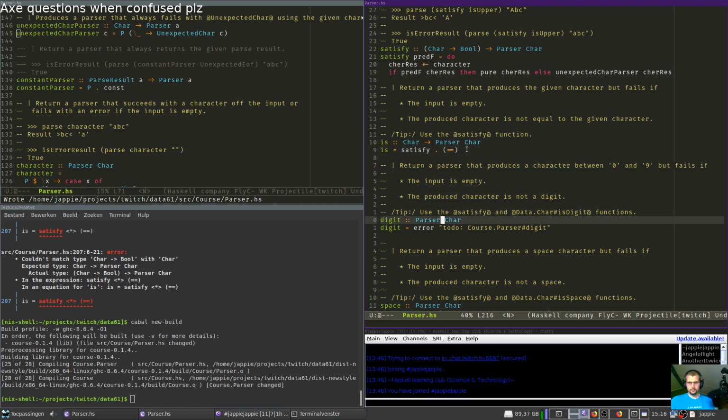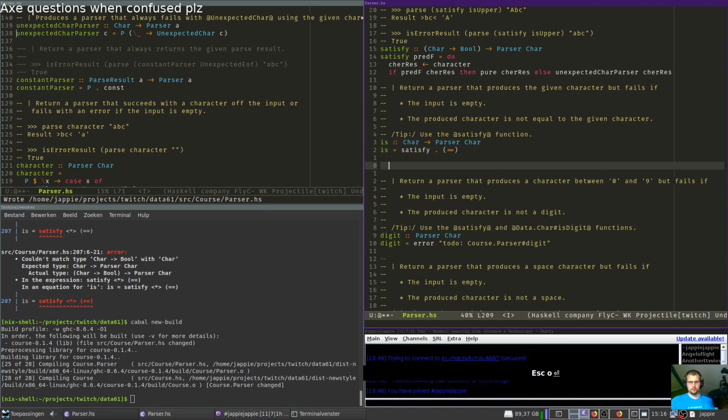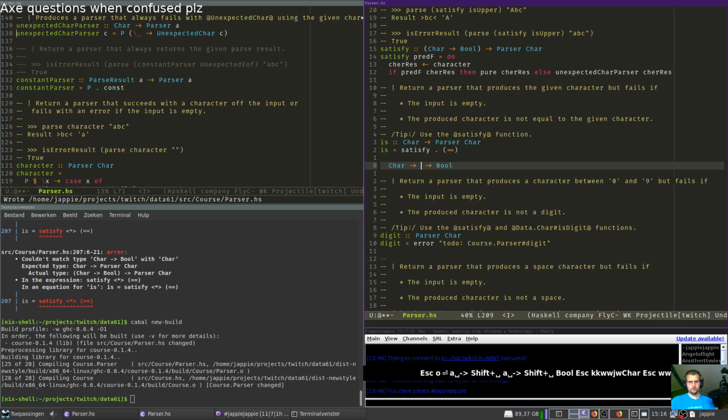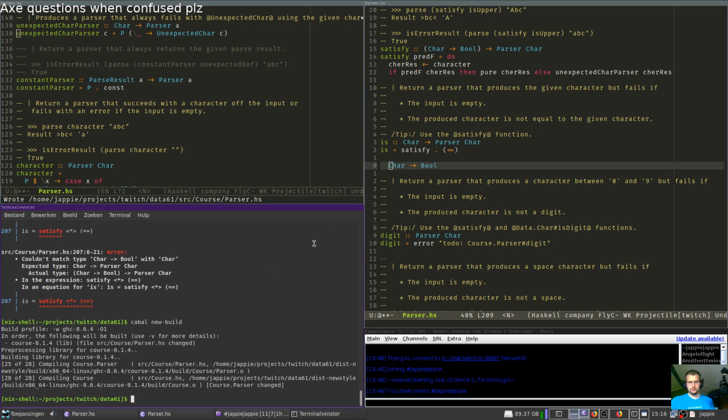This is point free again. The character gets into this, so we end up with a function like this, right? Because this is basically A to bool, that's what equality does. And we fill up the one A with char, so the other one becomes also an A. We get partially applied, and then we end up with a function like that.